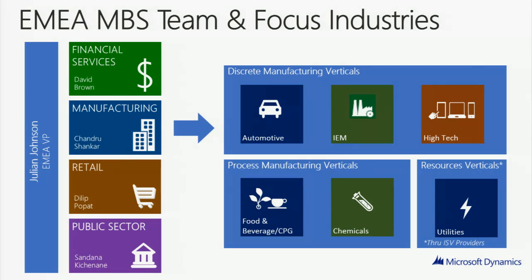these companies. The target industries that we're going after in manufacturing right now, to start with, are automotive, industrial equipment, and high tech from a discrete standpoint, and from a process standpoint, food and beverage and chemicals. And then we're also addressing resources right now, starting with utilities directly through partners. But there's also a wave of other industries, oil and gas, for example. Gil talked about aerospace and defense. There's pharmaceuticals, life sciences. The idea is we're going to be strategic in these areas but we'll be opportunistic in